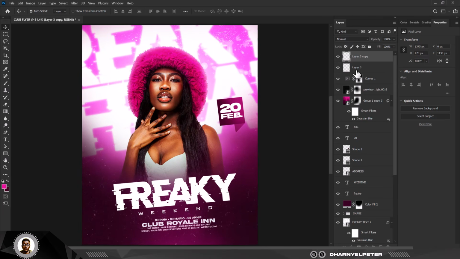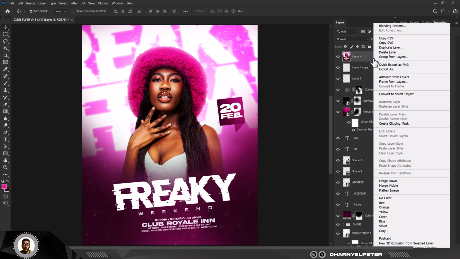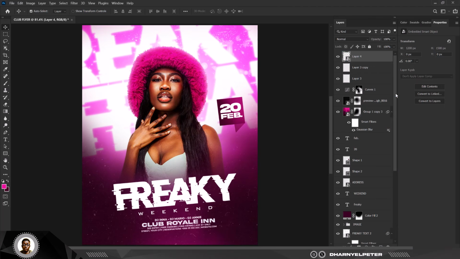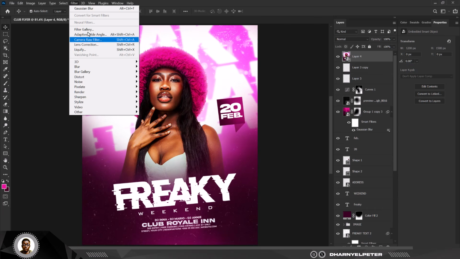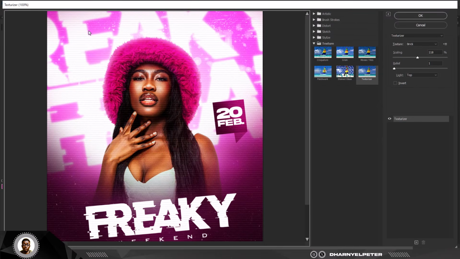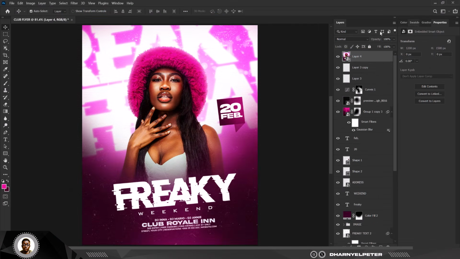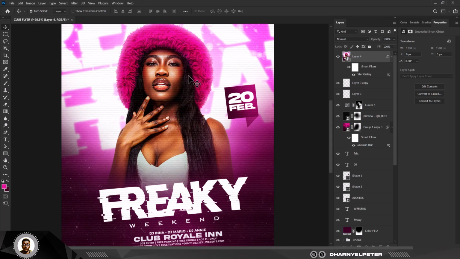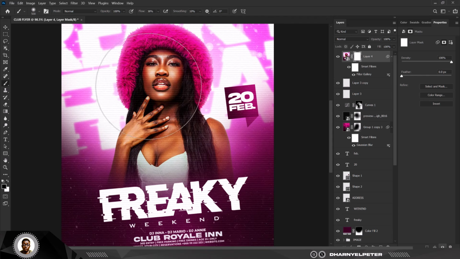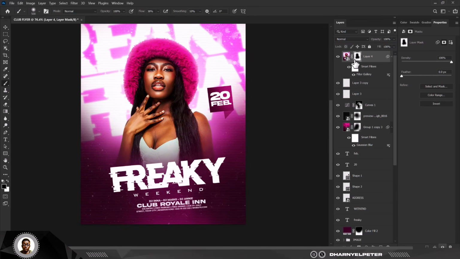Right? So a couple of things I did want to do to finish this off: Control Shift Alt E to make a snapshot, convert to smart object, and go to filter gallery and I'm going to apply this under texturizer. Select this, and of course click OK when you're done. Of course, I don't want this on the body, so what I'm going to do is select my brush and remove this from the skin and from the model herself. Now you're left with something like this,